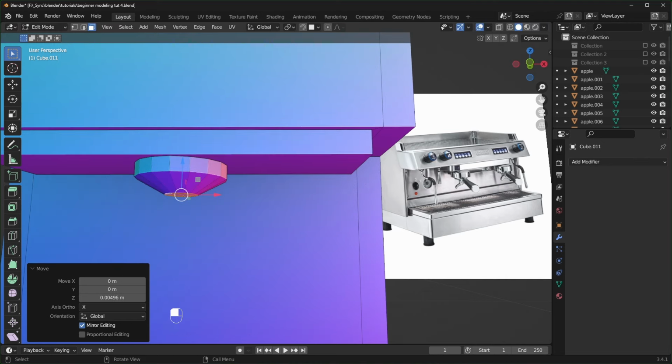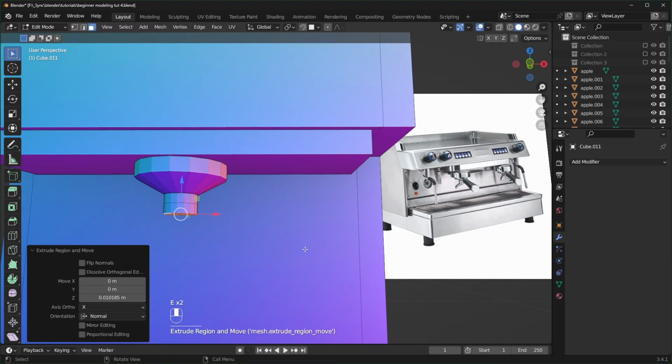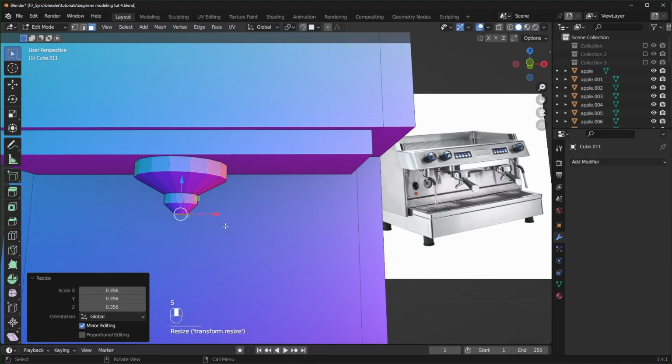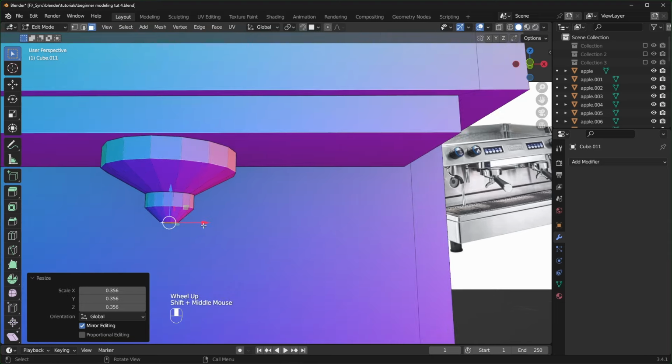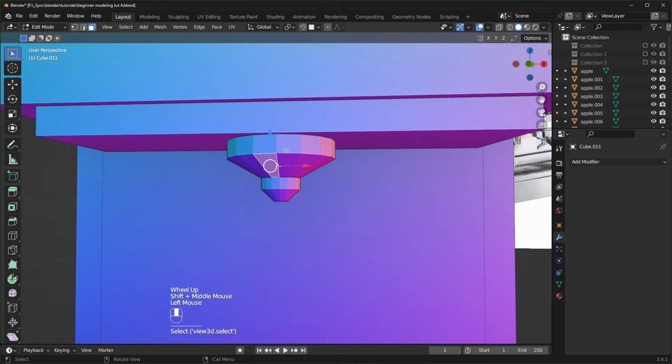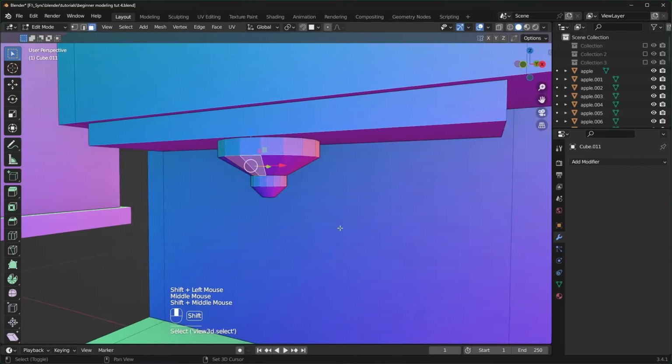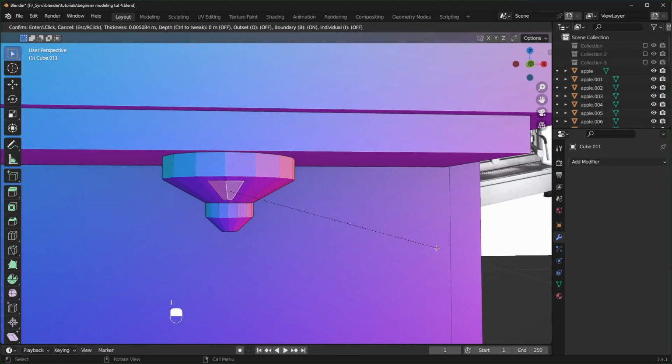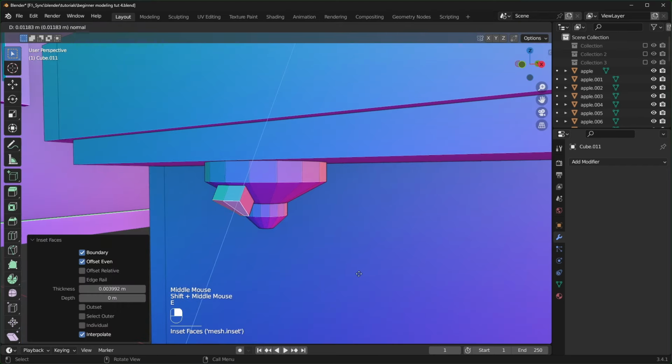And then I want the spout at the bottom, so E to extrude again, E to extrude, and then I'll scale that down a little bit like that. It's easier to make one with one spout instead of two like these ones have, so that's the way I'm doing it. We can make a handle by selecting these two faces right here. Let's inset these with I just a little bit and E to extrude, but I don't want it to go at that angle. I want it to go on the Y axis, so let's press Y, and I want to